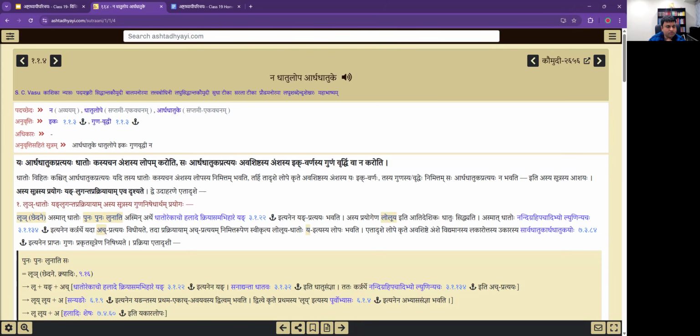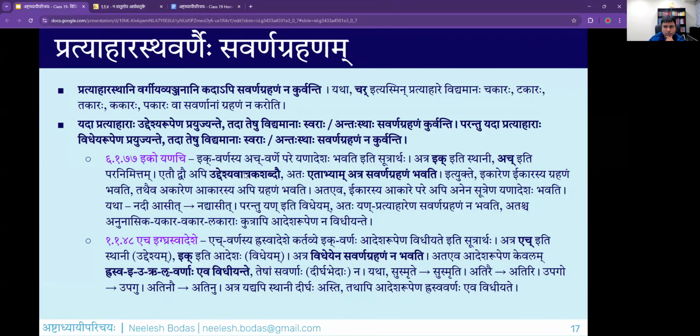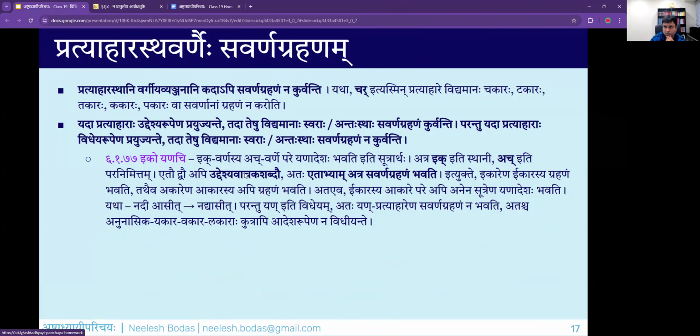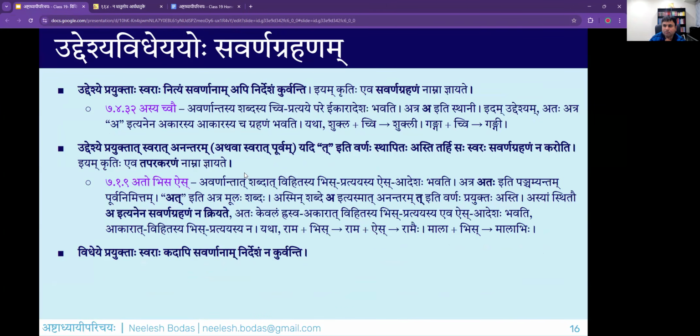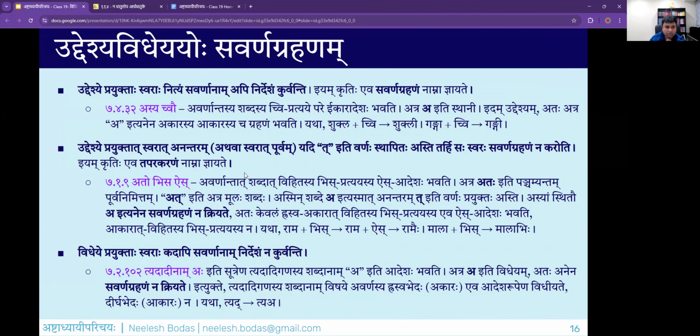So then Asya will have both Rusva and Dirgha included. Then Ata will only have the Rusva Akara. Correct. Then At, if it is there, then what it... Correct. That's a very good question. And there is a reason I omitted that, because I didn't want to go into complexities. But please understand this, that Savarna Grahanam is always a process of going from Rasva to Dirgha.